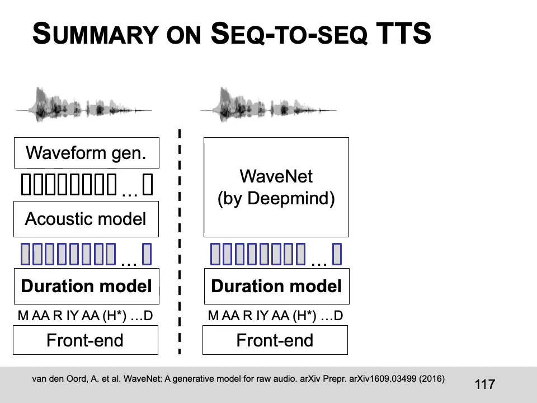In 2016, Google DeepMind proposed the WaveNet. Although it is not explained in this tutorial, I'd like to mention that the original WaveNet still needs the front end and the duration model. It achieves astonishing performance because it uses a single network to directly convert the linguistic features into the waveform sampling points. This solves the issues or the artifacts when we use the conventional waveform generators like the